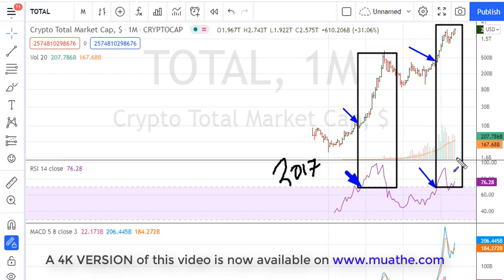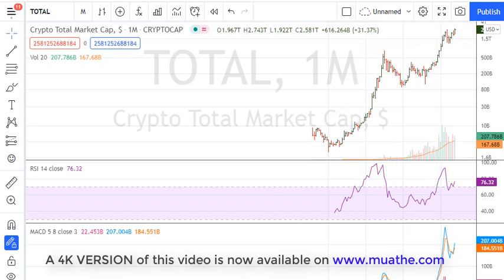Another expansive move in the cryptos, and in the here and now we can see that the monthly RSI is back above that magic number of RSI 69.1, and as long as the cryptos as a group are above this number, we have to be open to the probability that these things could actually see another big run. As long as the RSI is above 69.1, we have to respect the potential for an explosive continuous move.